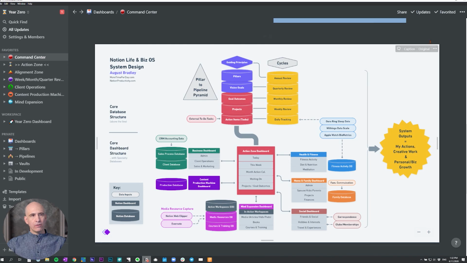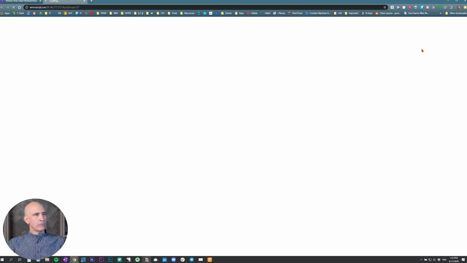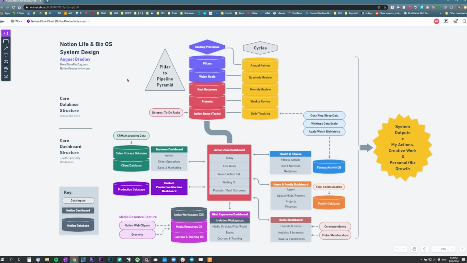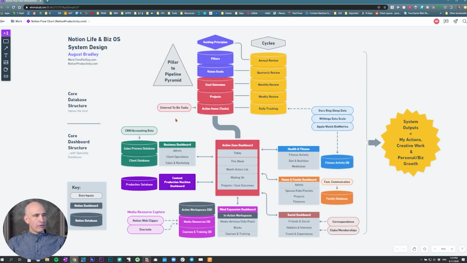So from this, if you just click Original, you can go to the original flowchart, and this is the flowchart now looking at it in Whimsical, which is software that operates within a browser window. Just go to whimsical.com. So let me just give you a sense of how this is laid out. The core functionality is in red and in the center. So a lot of the stuff we've done videos on already is in red and in the center.